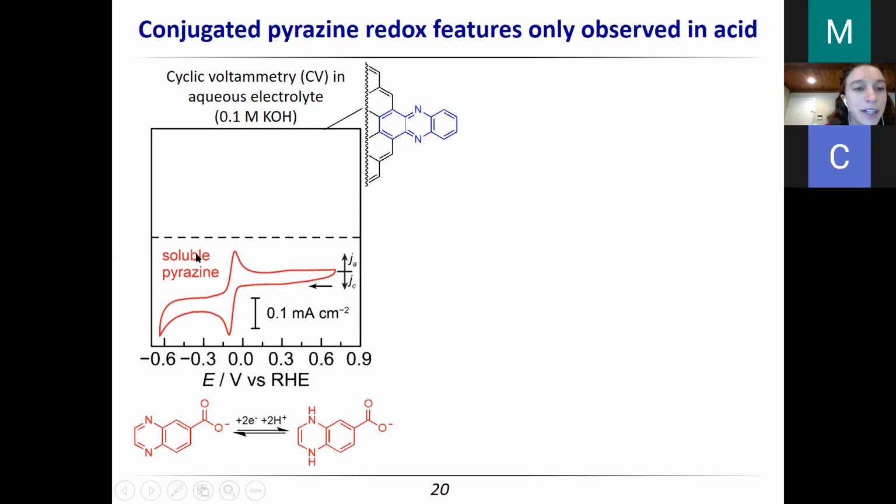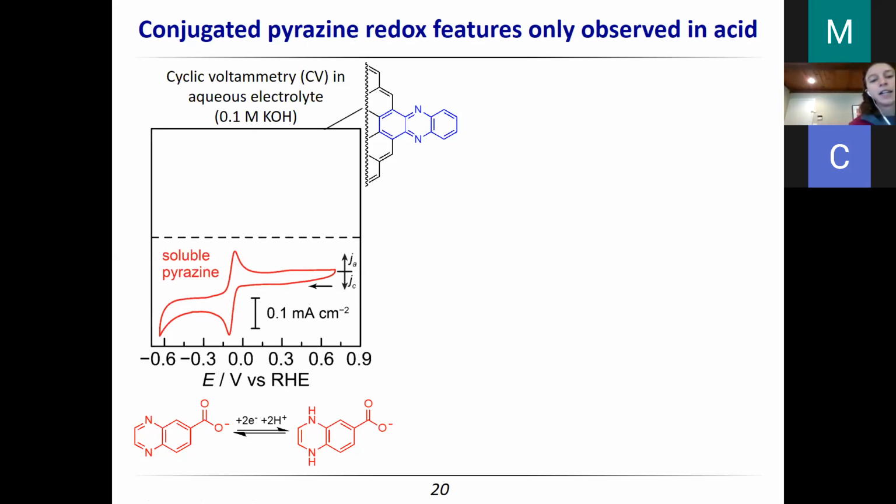What I'm showing you here is a cyclic voltammogram. On the x-axis, we have potential. If we go more to the left, we're going to more negative potentials, more reducing potentials. Down current is cathodic, so here's reduction, and then coming positive, here we're looking at oxidation. Y-axis is current. I point this out because there are different conventions. Here I'm showing the IUPAC convention. In the US, it's pretty common for people to also use what's called Texas convention. If you see that, just take the plot and do a C2 rotation, and you'll go back to IUPAC convention.